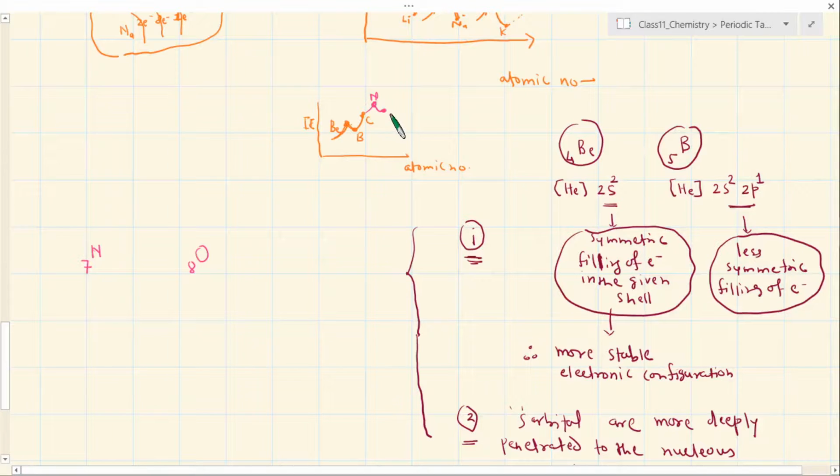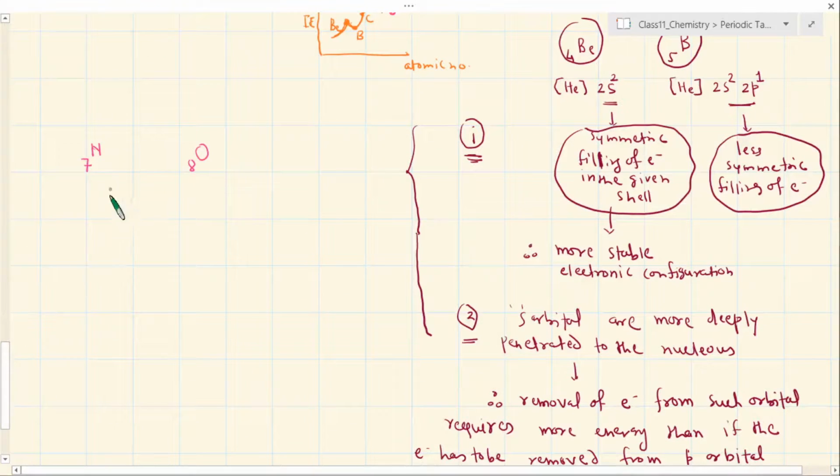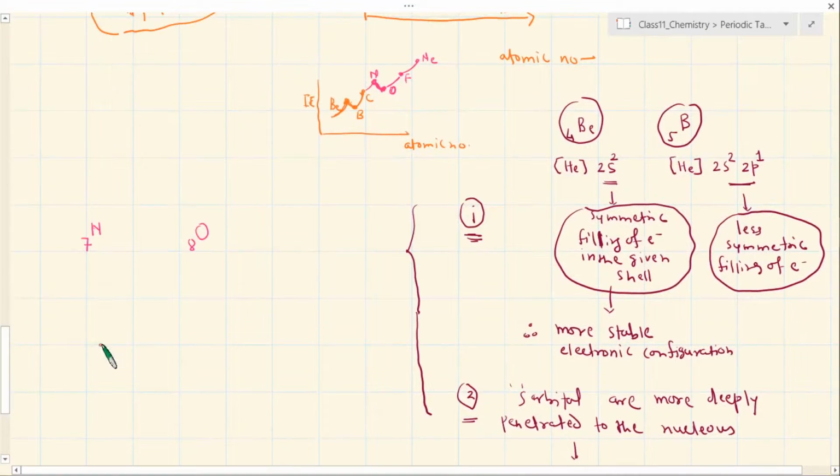The reasons are there. It's just that the systems are very complex, it's not straightforward, so we have to accept that complexity of nature. So nitrogen and then oxygen here, and then for the next element, with the atomic number, it will increase. For fluorine, and after fluorine you have neon. So this is how you see that there are two dips, then again an increase. That is what I am trying to show you here. I will not discuss this in detail, but if you write down the electronic configuration, you can understand very easily.